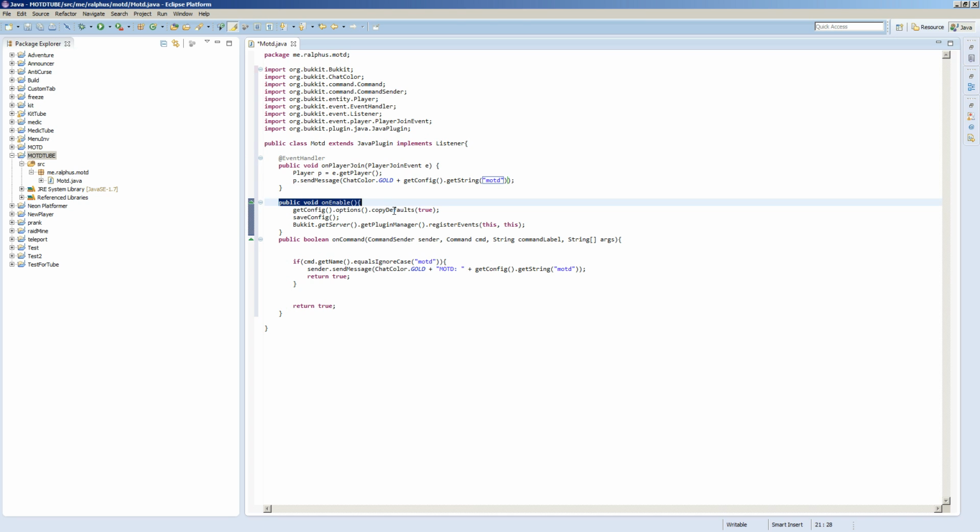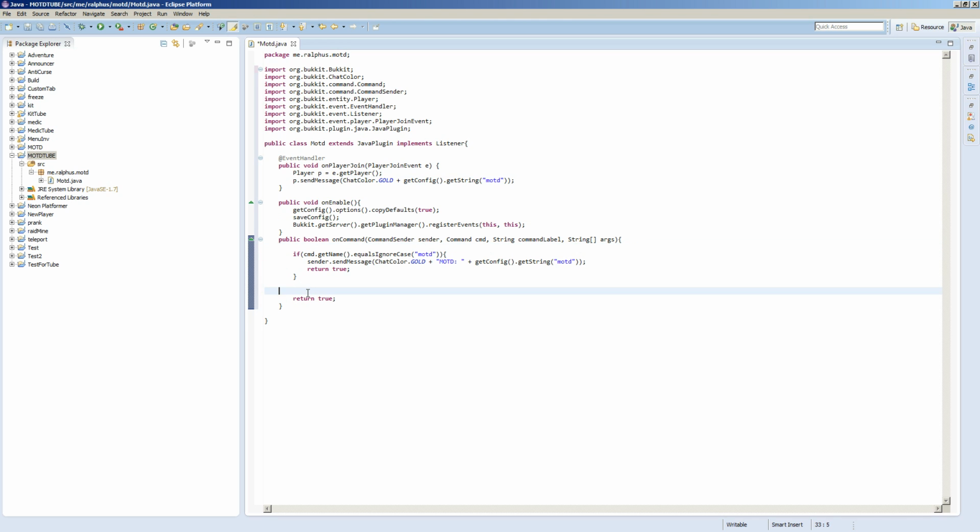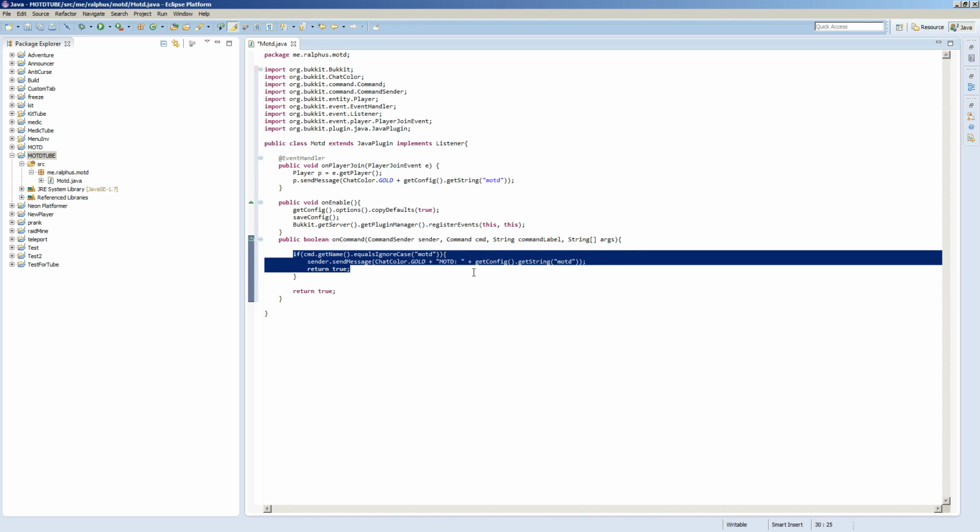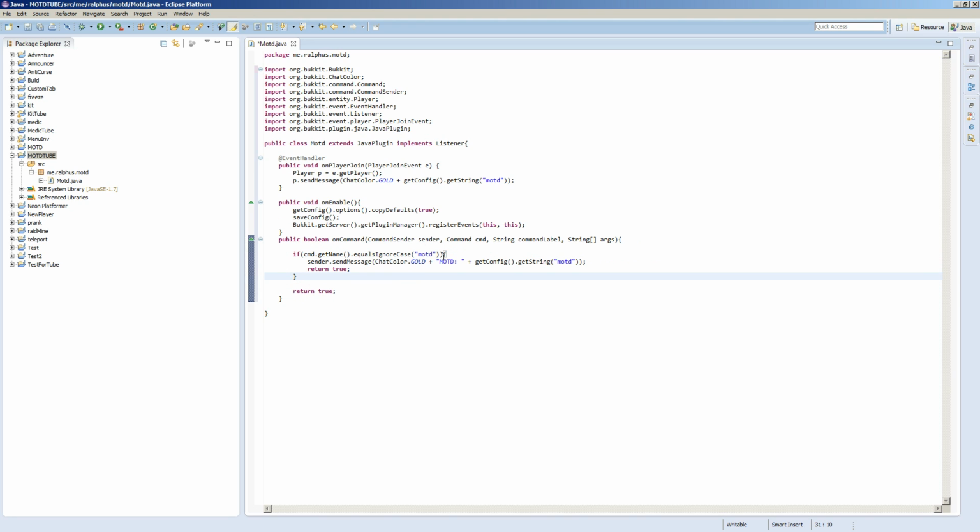Then in our onEnable statement, we've grabbed the config, we've grabbed the options, and we've copied the defaults, and we set that to true. And what we did was we saved the config and registered our events using plugin manager. Then, like all other cases, we went ahead and defined our boolean to register our commands, and our only command for now is MOTD, which will allow the user to display the string MOTD from the config. Now what we're going to do is allow users to set the MOTD from within